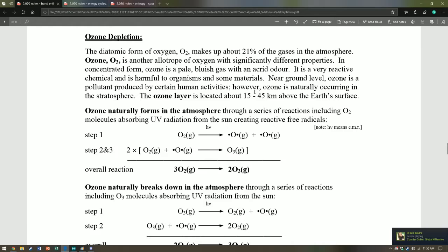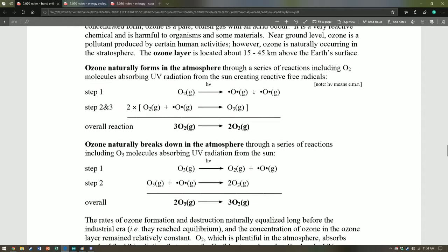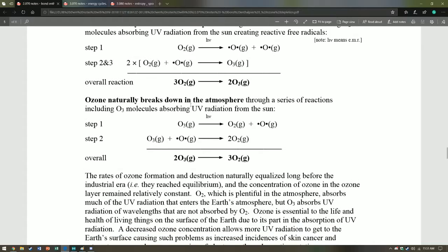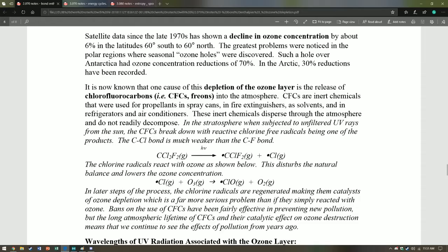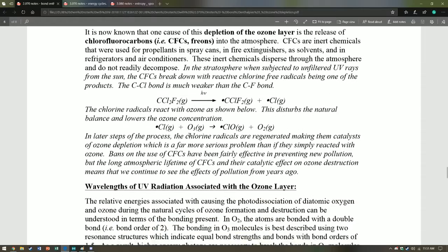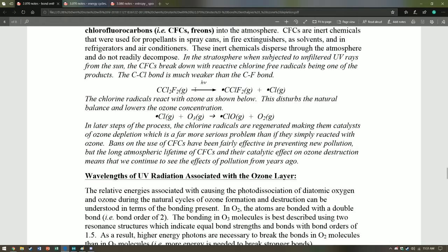is depleting. Ozone naturally forms in the atmosphere through a series of reactions where O2 is broken up by UV light in the stratosphere to form oxygen radicals, and then these radicals combine to make ozone, and this equilibrium is maintained. However, when you introduce certain chemicals, i.e., CFCs, they will, with UV light, form chlorine radicals, and these radicals actually react with the ozone to form other chlorine radicals, and